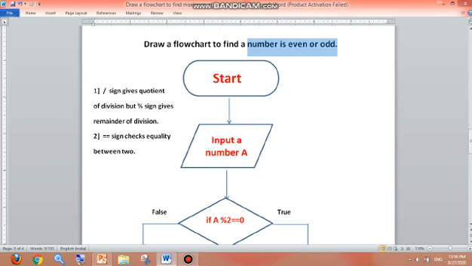We have to check whether the number is even or odd. We all know a number is even